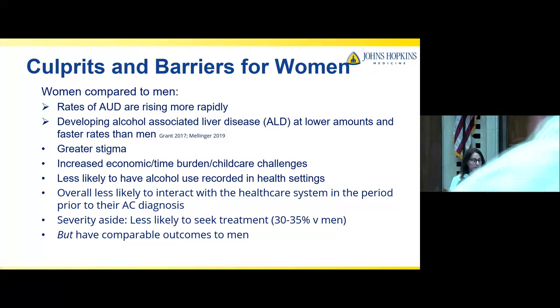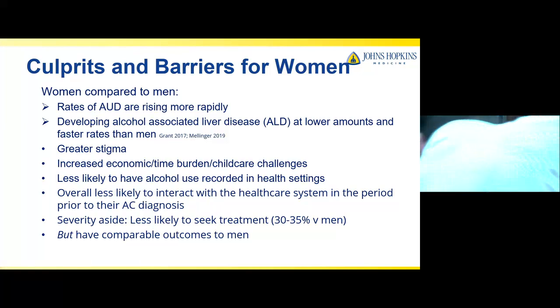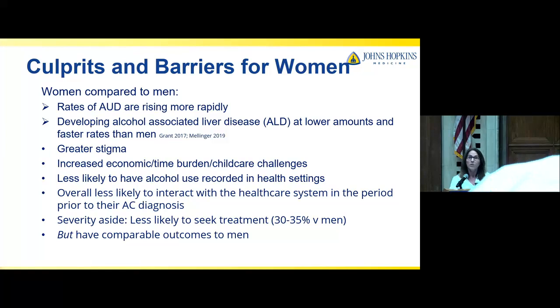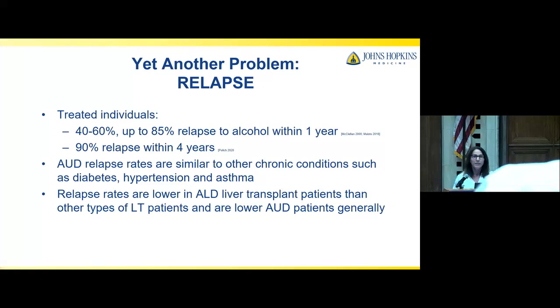But severity aside, and this is important, they're less likely to seek treatment, but when they do, they have outcomes that are comparable to men. Now, we have another issue, as anybody who works in substance use knows, that relapse is a part of the plan. So the statistics are pretty much unchanged as well, 40 to 60%. It's actually a little bit better than it used to be, but 40 to 60% of people, and up